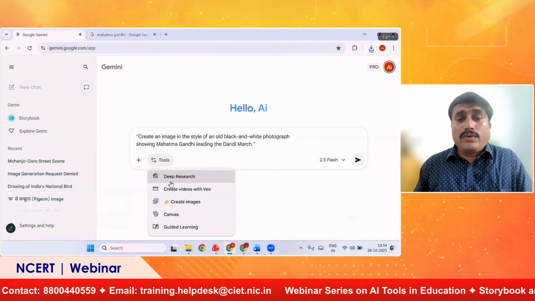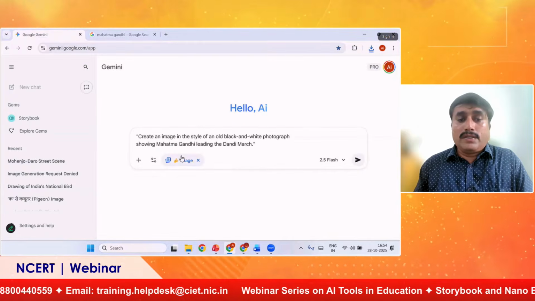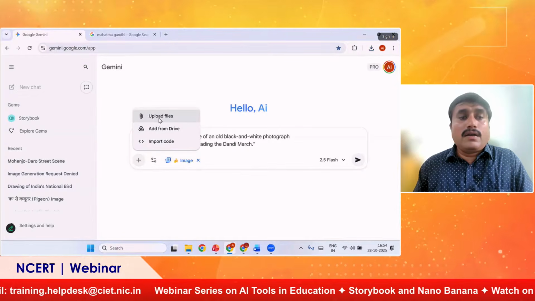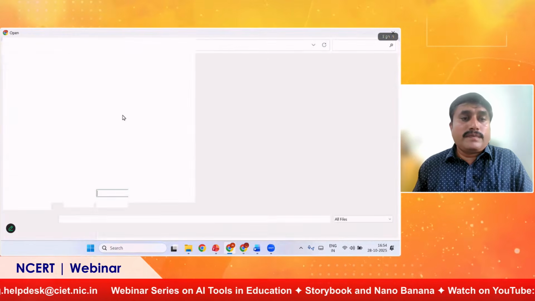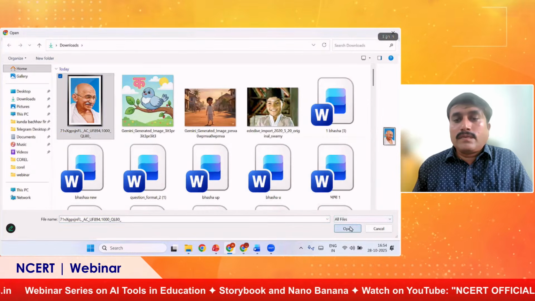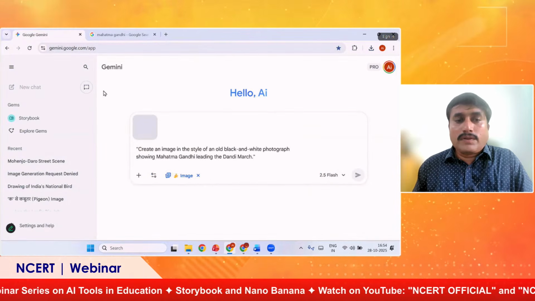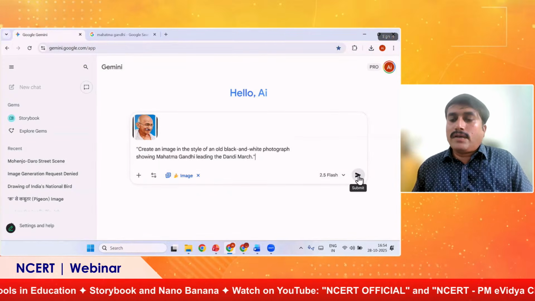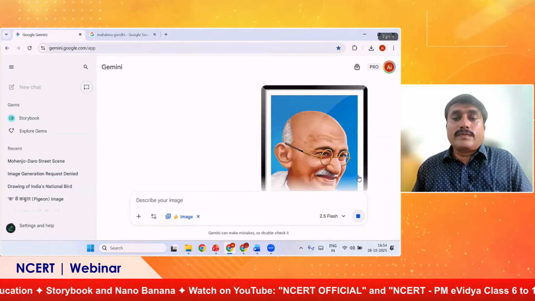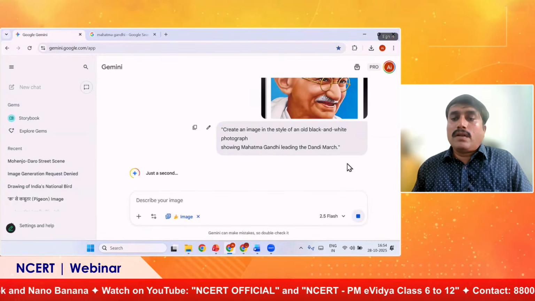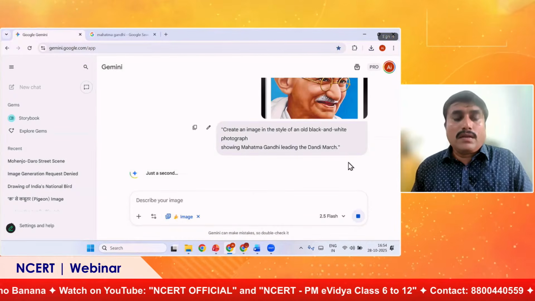That will be good for your generation. So this is the image, and I'm attaching a reference image. Previously, I generated Pixar style Malgudi Days Swami images. Let's see how it will generate a historical image.